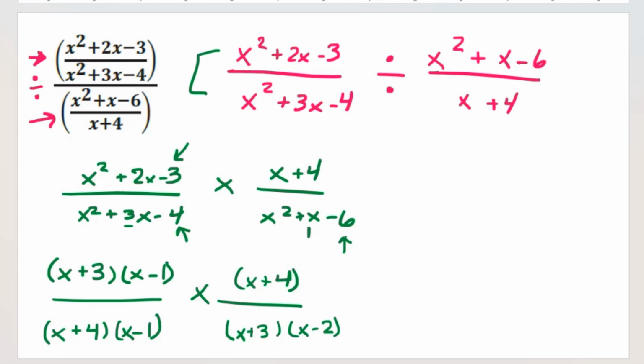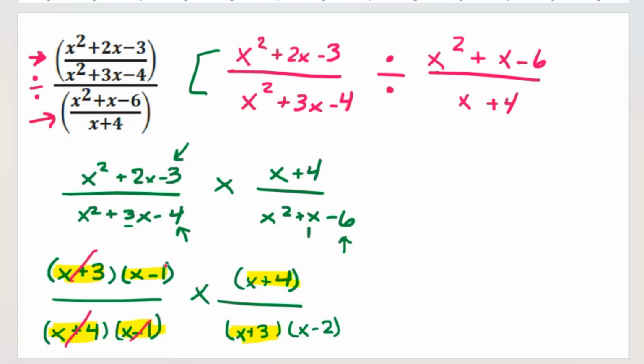Once I have it all fully factored, I look for ones that are the same in the numerator and the denominator. I see I have x plus 4 here. I have an x plus 4 there. I have an x plus 3 here. I got an x plus 3 here. I got an x minus 1 here. I got an x minus 1 here. Once I've matched as much as I can up,